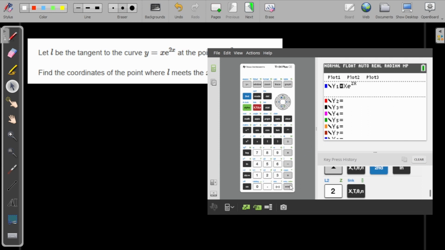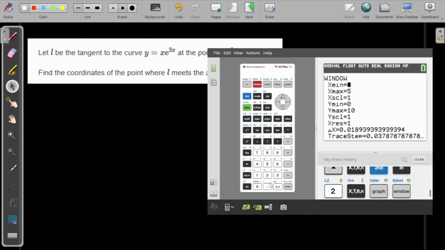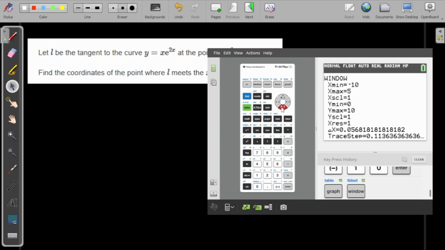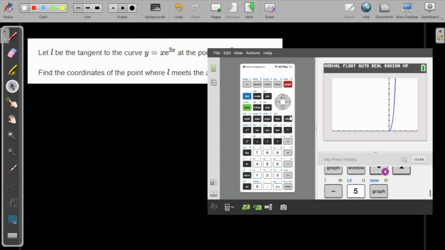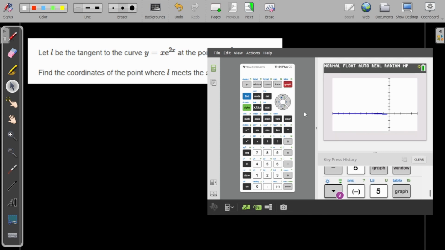Let me change my minimum to minus 10 to see it better. Let's put also some values in y minimum, minus 5, and let's graph it. Okay, so you see here,